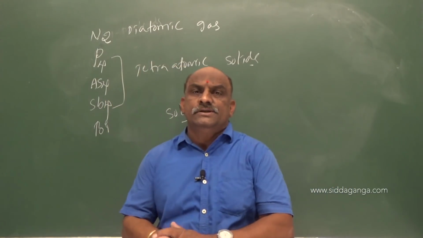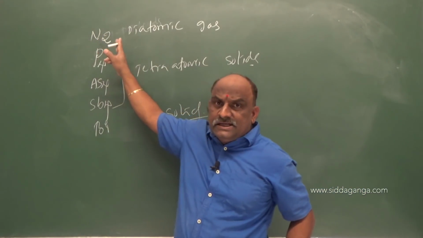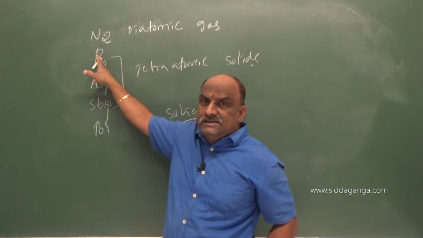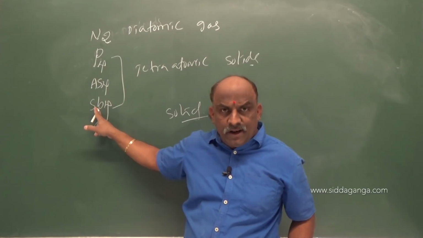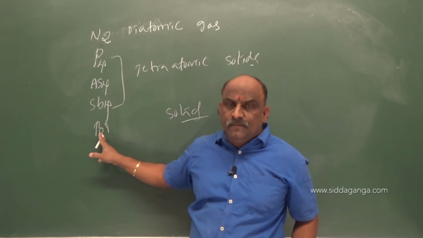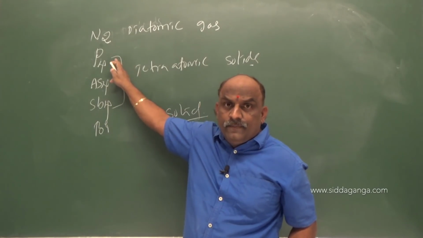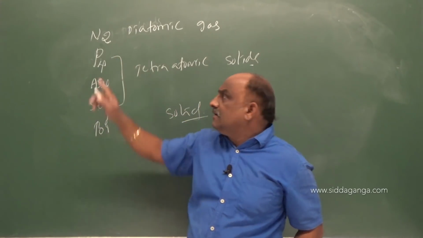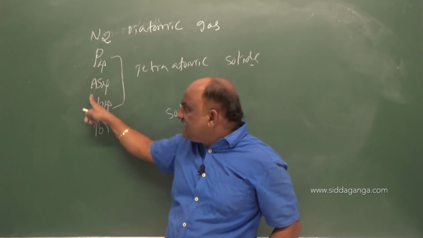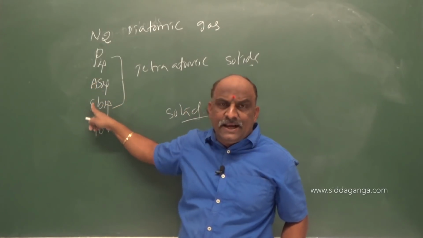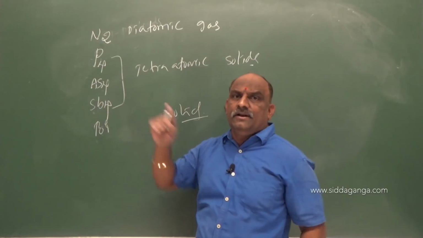So remember students, earlier I said that nitrogen, phosphorus, non-metals; arsenic, antimony, metalloids; bismuth, metal. This will be the first point. Make a note. In 15th A group elements, nitrogen, phosphorus, non-metals. Revise this point. Arsenic, antimony, metalloids, bismuth, metal.